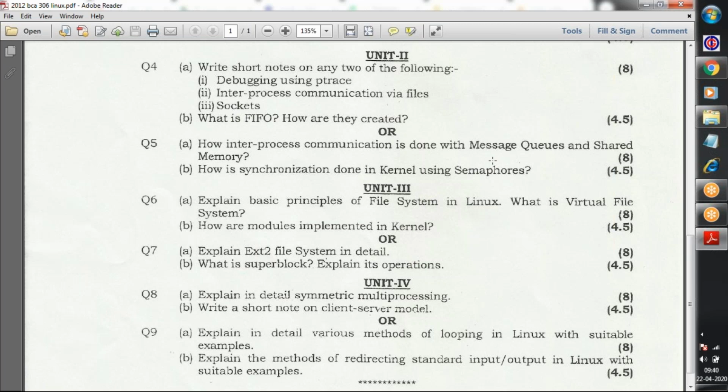For that one, we are using the semaphores processes. There should be proper synchronization. It should not be like one process is waiting for another file and the file is occupied by another. So all the synchronization should be done properly so that deadlock does not occur within the processes, then semaphores have to be used.